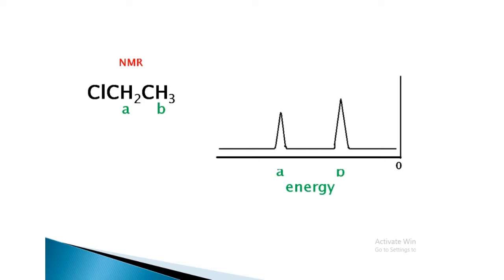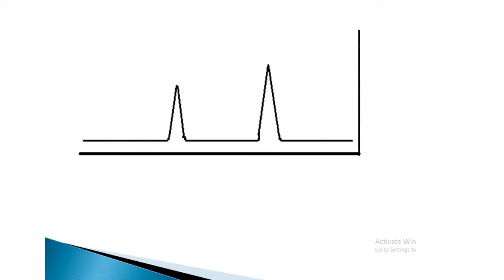However, it is not really energy that is on the x-axis of NMR spectra. There are many types of NMRs that operate at different frequencies. So what they have come up with is a more standardized x value. Instead of energy, we are going to use what are called delta units or ppm, which stands for parts per million. We are only using this unit because many NMRs operating at different frequencies can give the same data. This chart runs from 0 to 10 ppm or delta units.